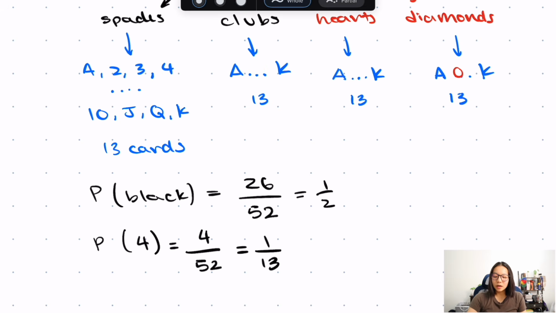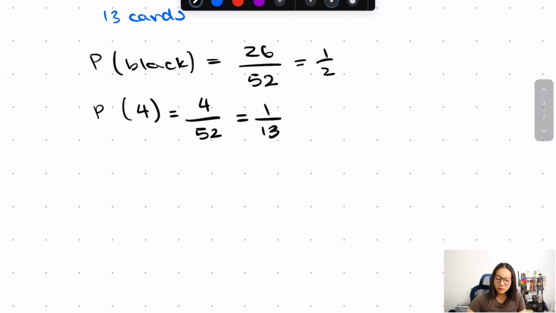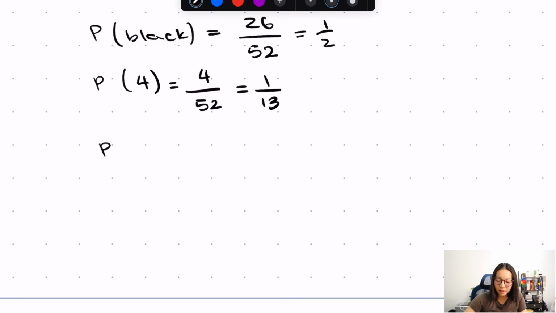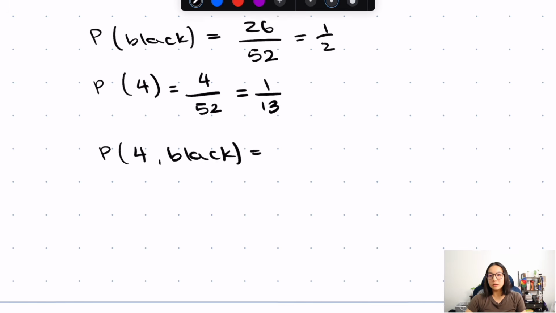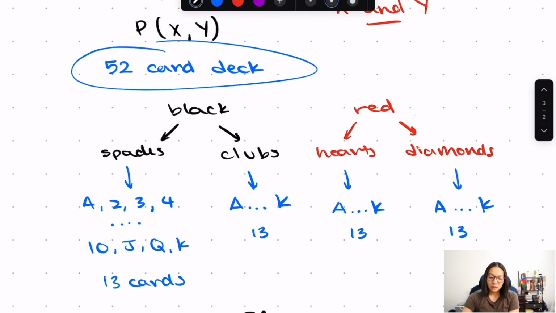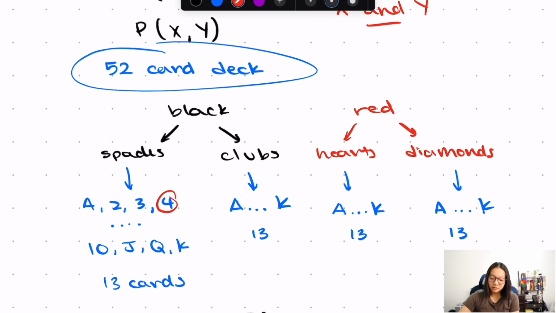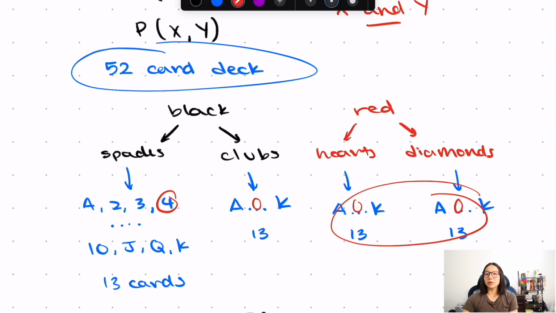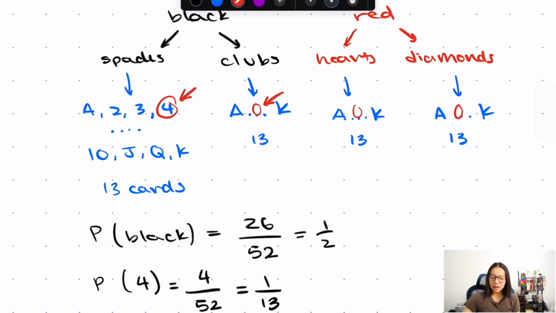Okay, but Kylie, where does joint probability come in? So now let's ask, what is the probability that we draw a 4 and it's a black card? How many cards are there in this whole deck that equal 4 and are black? Again, we have some 4 here, some 4 here, and some 4 here. Well, these two over here, those are red, so we don't actually count those, which means that we have 1, 2 cards in our deck that are both